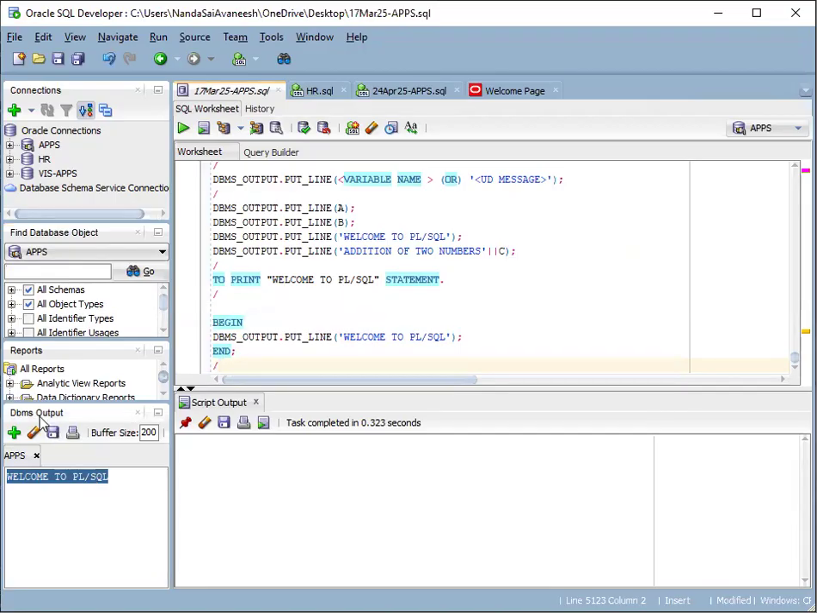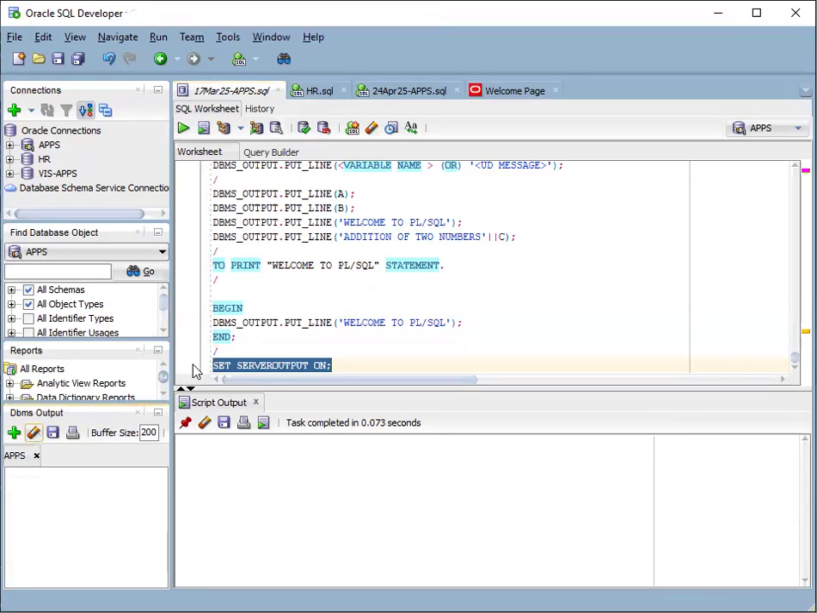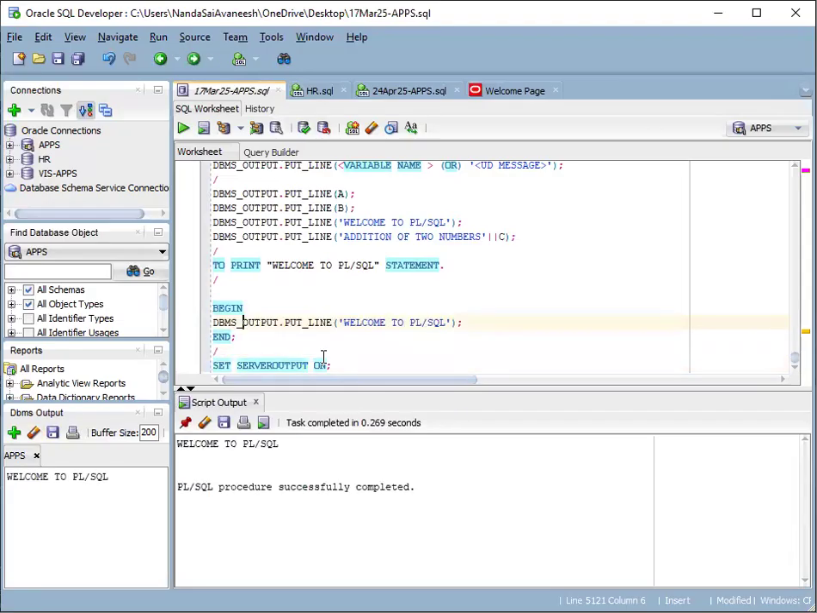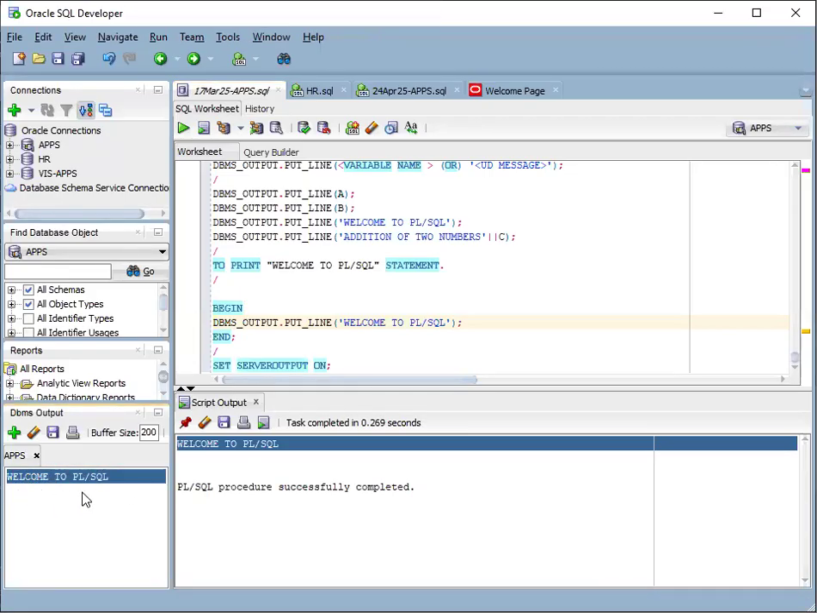Suppose I am using DBMS_OUTPUT and displaying here, but I want to display the same message here also in the script output. Then I have to use one more option, that is SET SERVEROUTPUT ON. We have to use this command initially. When you use SET SERVEROUTPUT ON, it just gets executed. I'm going to clear. Now again if I execute this, it prints Welcome to PL/SQL here, and in the DBMS Output also it is printing. Suppose I say SERVEROUTPUT OFF,